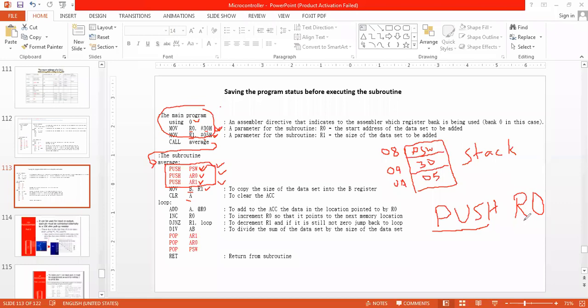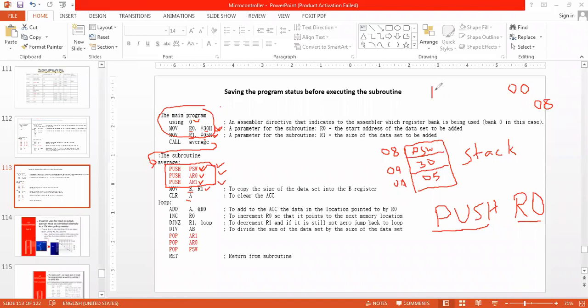What is the address of R0? If I am in register bank 0, the address of R0 is 00H. If I am in register bank 1, then the address of R0 is 08.